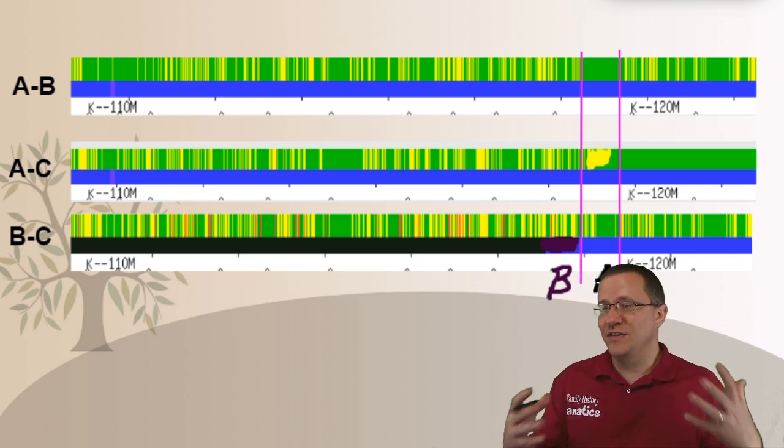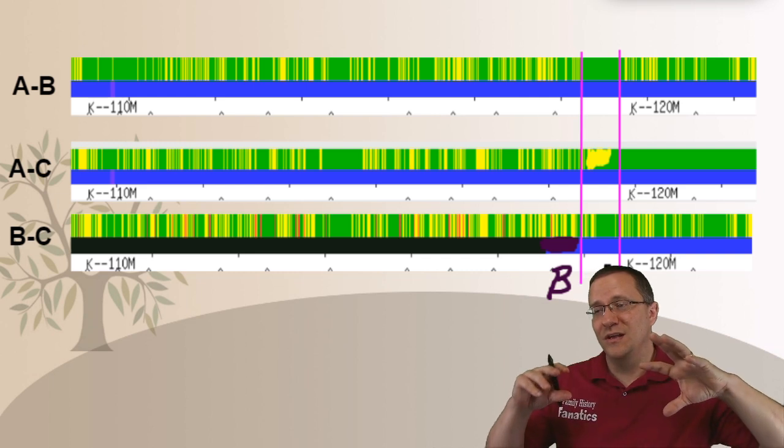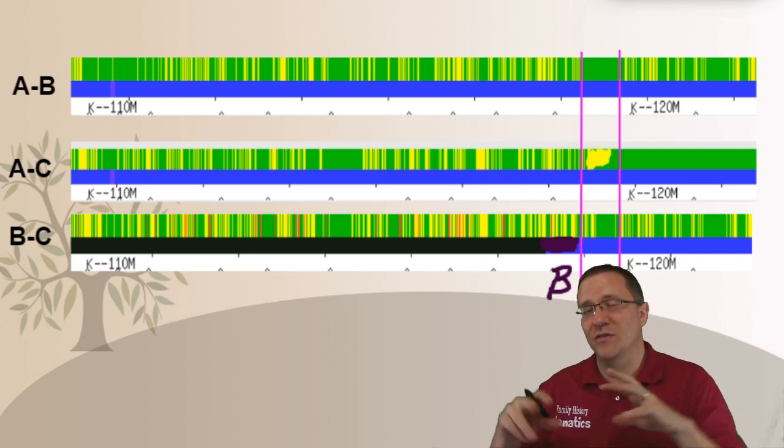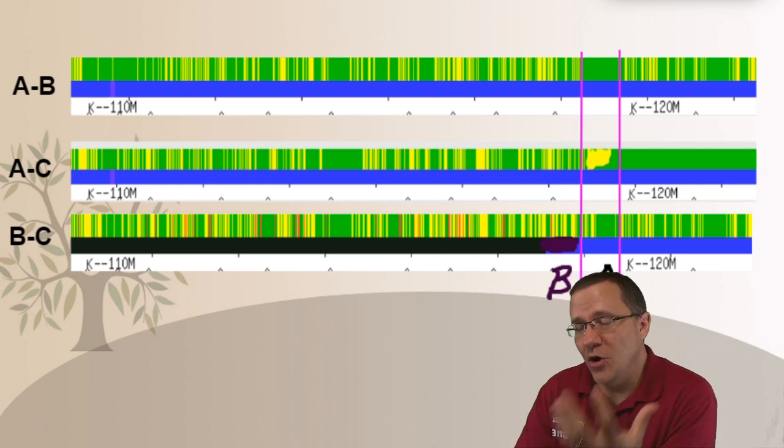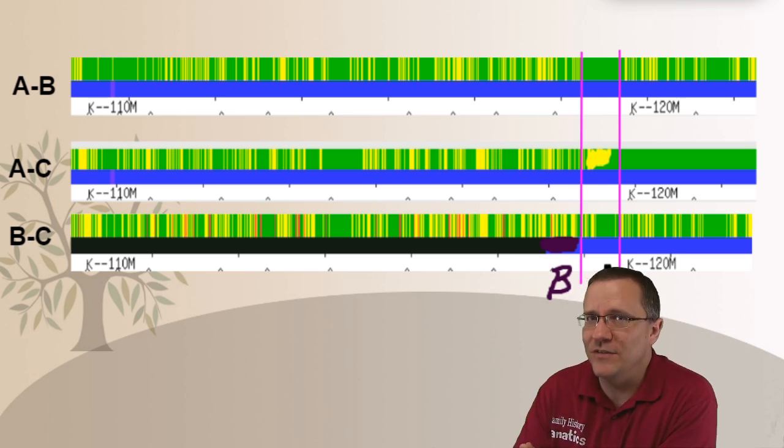Now this, as you can see, just looking at this, it could be kind of hazy and you could make another call that way. But remember, principle 1 on reconciling is that all matches must be reconciled. So no matter what you choose or how you choose it, it has to match with all of your matches. So if you come up with a different solution, you need to go back and resolve and then check against your matches. And if your matches don't line up, that can't be the right solution.